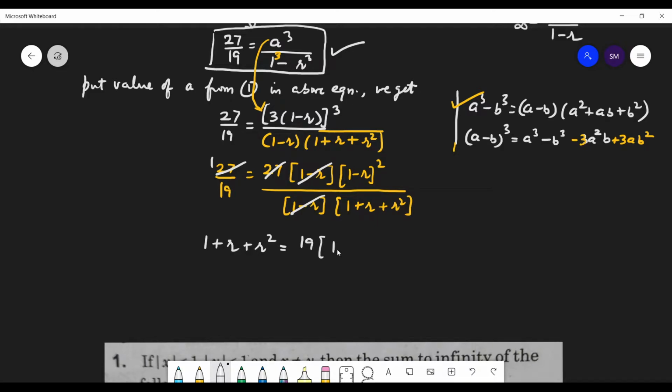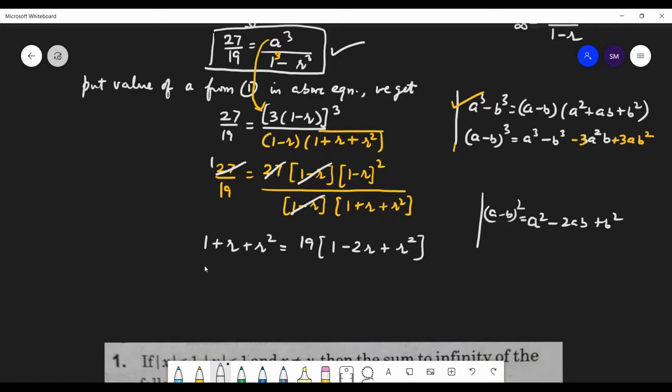1 square plus r square minus 2r. Okay. It is better if you write it in symmetry, but it doesn't matter. You will study in the binomial theorem that this is the standard way of writing the terms. Writing b square plus a square is also correct. So a minus b whole square is equal to a square minus 2ab plus b square. So this is the standard way of writing. Okay.